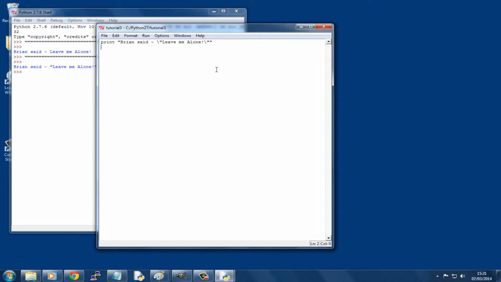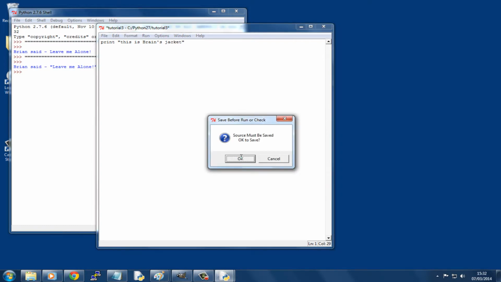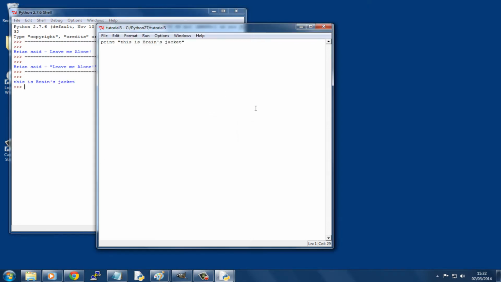Okay, so that's good, but what happens if we wanted to use something like, let's print, "This is Brian's jacket." Okay, now this should hopefully work. Yeah, there we go. Because I like using double quotes, it sees this single quote as just something to be printed, but you can just use single quotes with Python